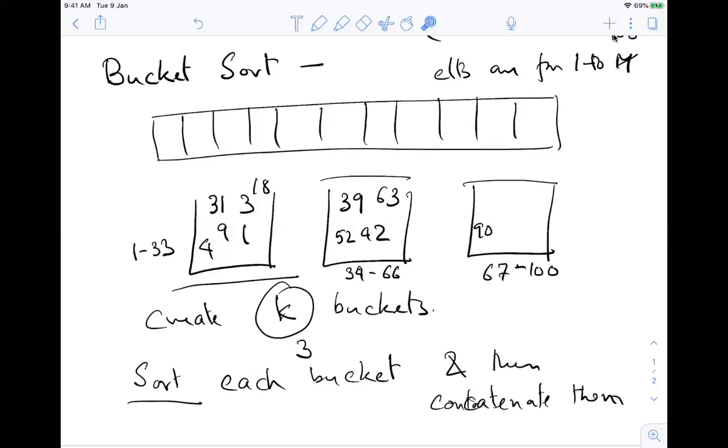It would be n log n, because in the worst case, maybe all of them come in a single bucket. Then I have not gained anything. I've looked at the whole thing and put it in a single bucket, and then I need to sort them out, and that was exactly what I started with.